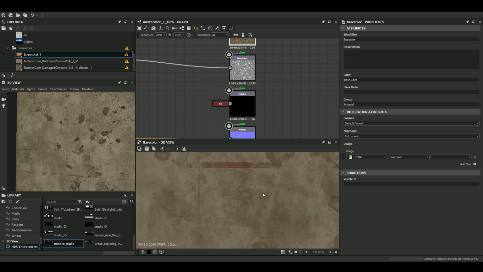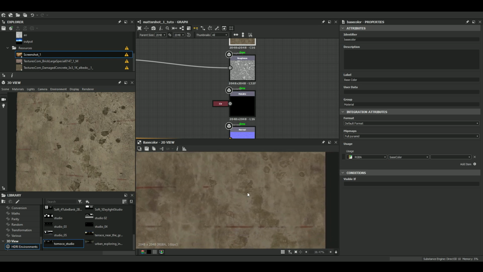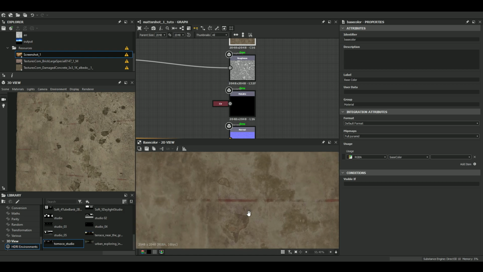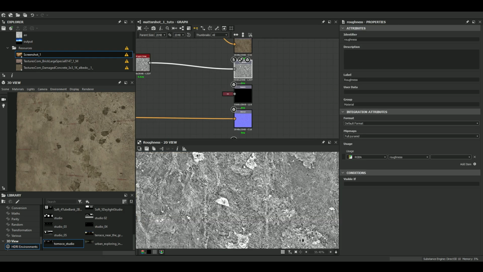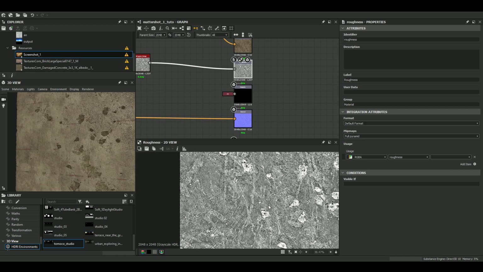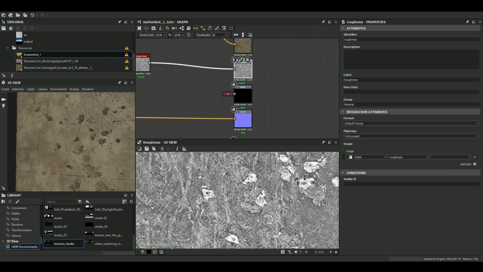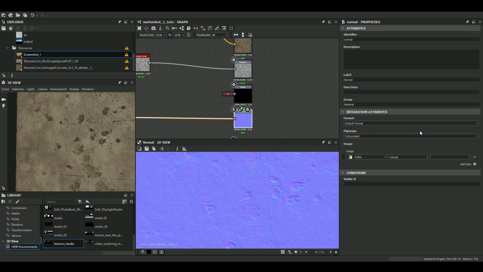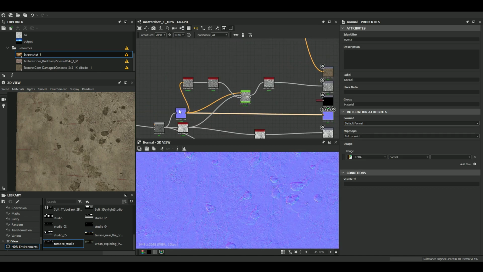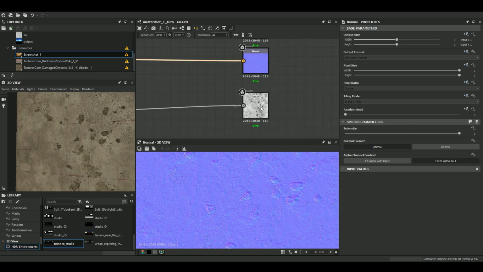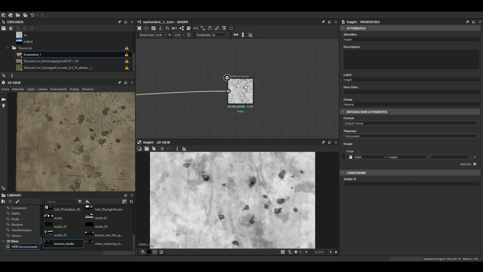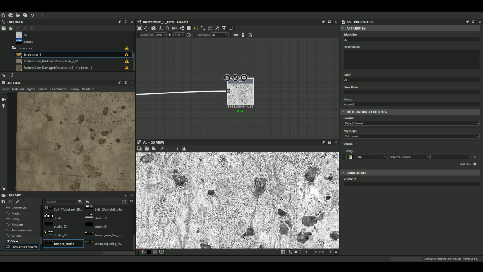So this is the color, the base color map. Let's have a look at the roughness. This one is quite rich. The normal, for which I chose an intensity of 3. Okay, cool. The height and the ambient occlusion,